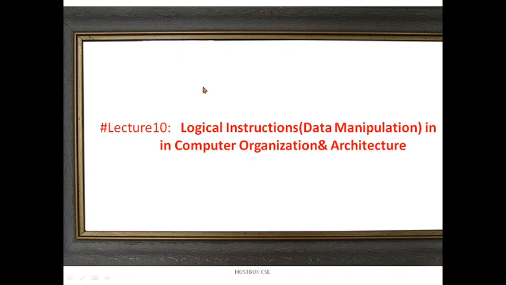We are seeing them step by step here. In the previous session I explained that there are three types of data manipulation: one is called arithmetic, another is called logical, another is called shift. I explained arithmetic operations with examples like add, subtraction, division, multiplication and so on. Today we are going to see the logic instructions, and in upcoming sessions I will explain the shift instructions. Let's go to today's class.